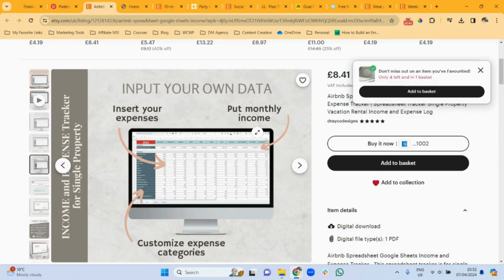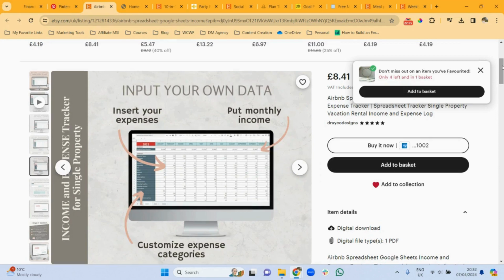If you've managed Airbnb properties before and you know it might be difficult keeping track of expenses, then this is something that you can do. Especially since it's very low cost to open a spreadsheet document, fill in these items and keep track of everything. So you don't need to purchase expensive software. There is definitely a market for these types of things.